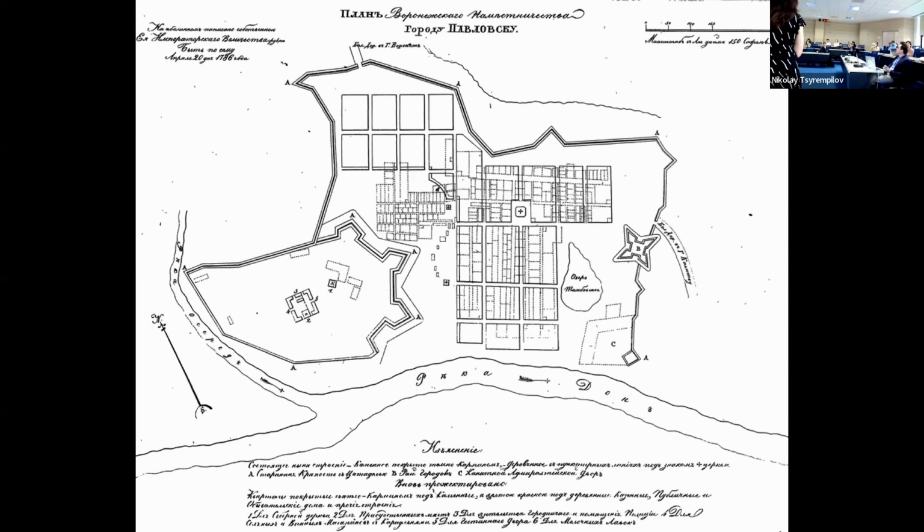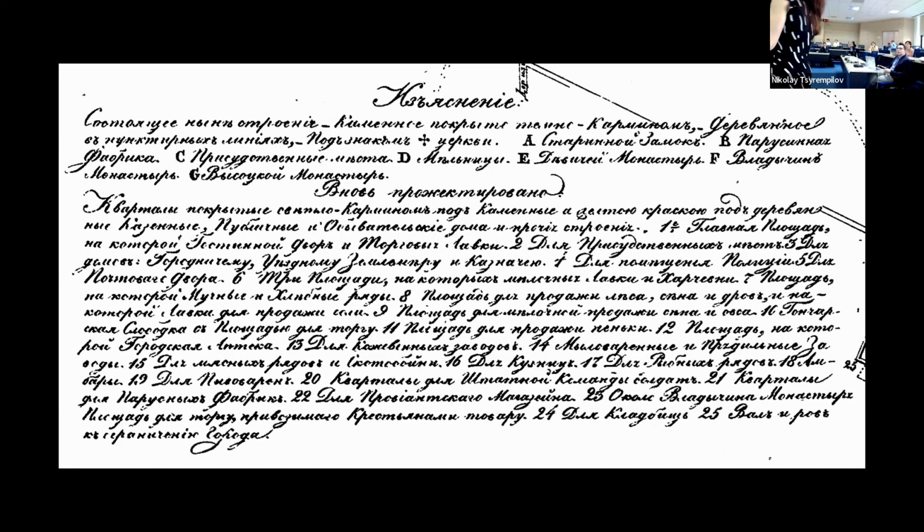Here's an example of what they look like. Here's the material. They're all systematically done. So you have a legend at the bottom, and the legend tells you the things that exist, and it tells you the things that are planned to exist, right? That's what it looks like.